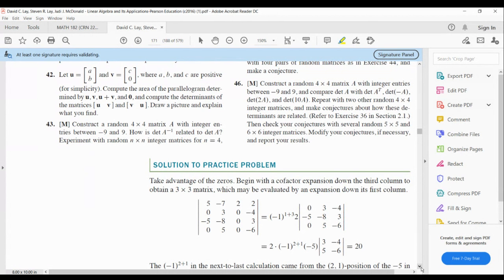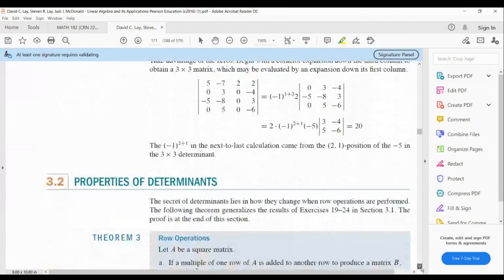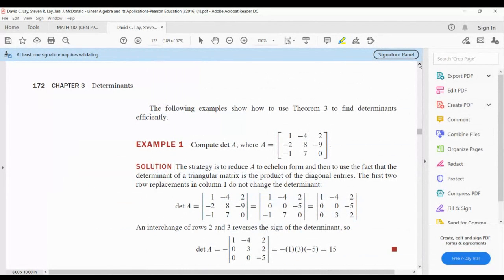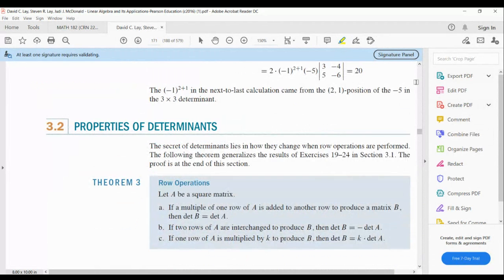Okay, section 3.2. So, properties of determinants. There are three properties. This is in your ebook. It's Theorem 3 from section 3.2. There are three properties here